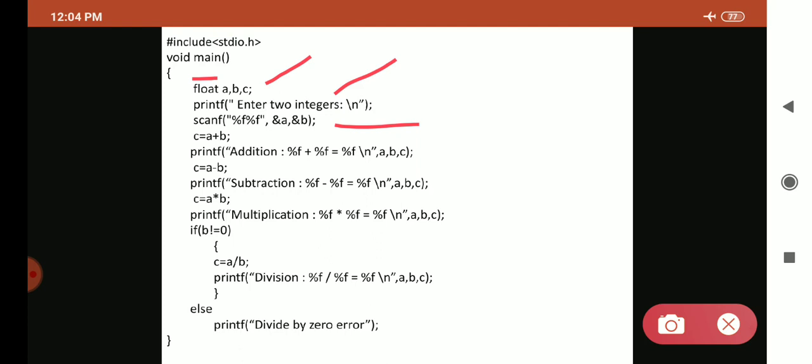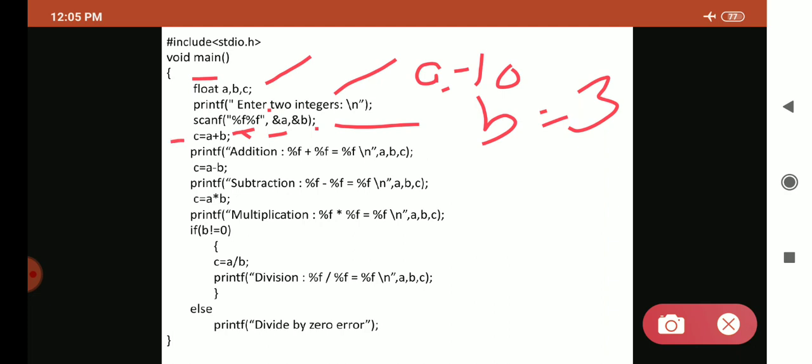Now there are two %f's I have written. These are the format specifiers, since we need to enter two numbers from the keyboard. We have taken two %f's, where the first %f corresponds to &a, and the second %f corresponds to &b. That is, if I enter 10 as the first number, then it will be assigned to a, and if I enter 3 as the second number, then it will be stored inside b.